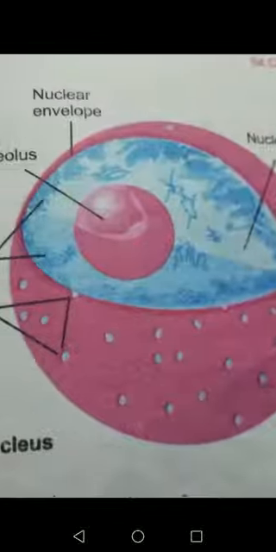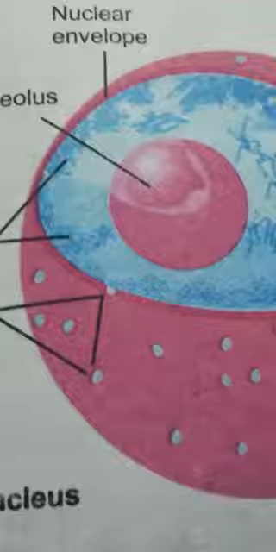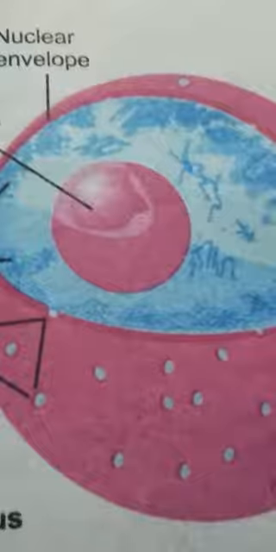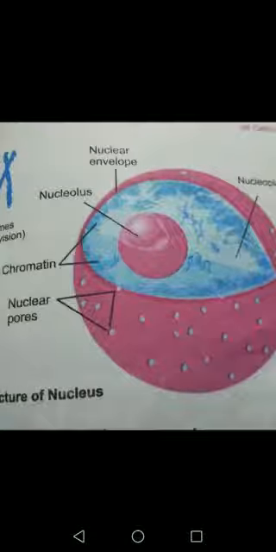Inside the nuclear envelope there is also the nucleoplasm. This nucleoplasm is a granular fluid and it contains one or two nucleoli. One nucleolus, as shown here. The nucleolus is a dark spot inside the nucleus, and it is the site where ribosomal RNA is formed and assembled into ribosomes. That means ribosomes are formed inside the nucleolus. This is also important regarding the paper, as the function of the nucleolus is often asked.